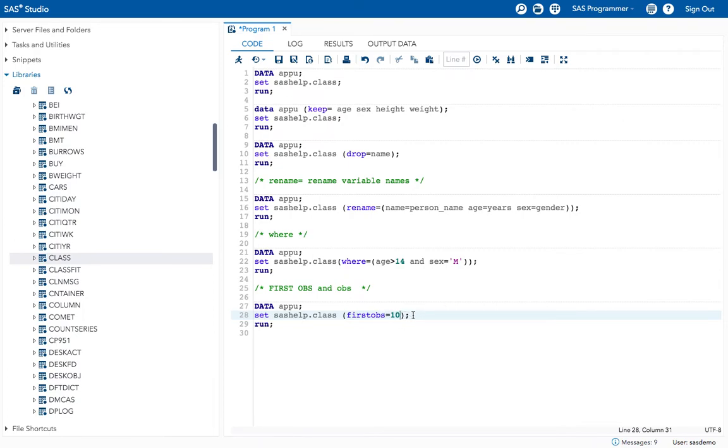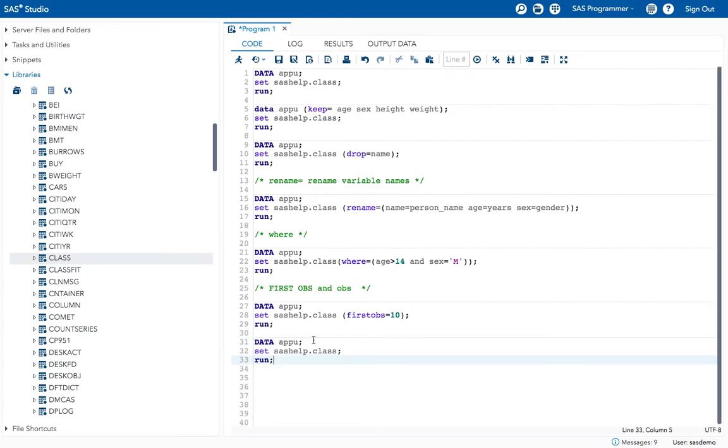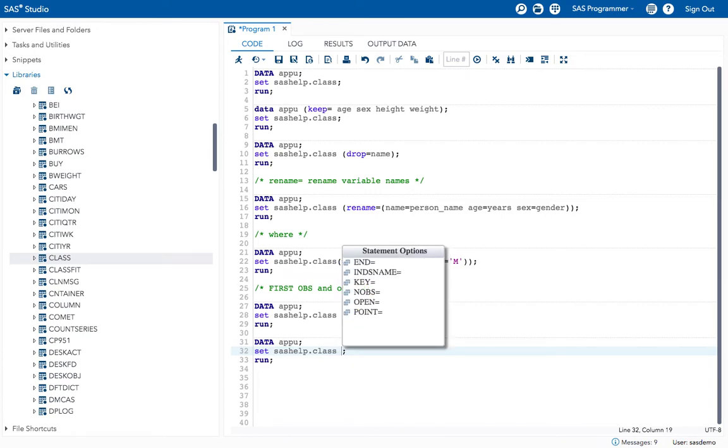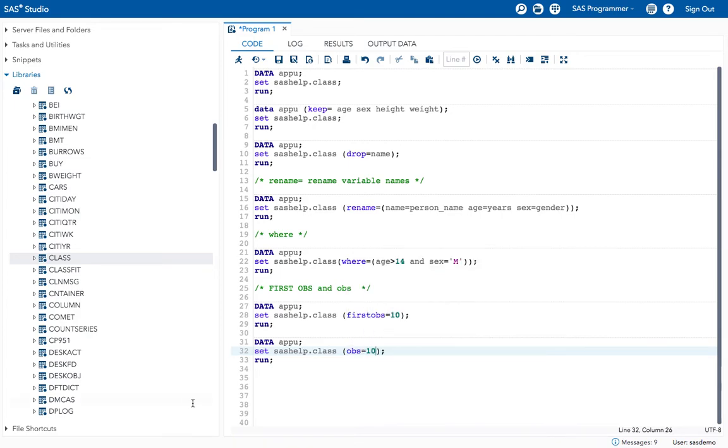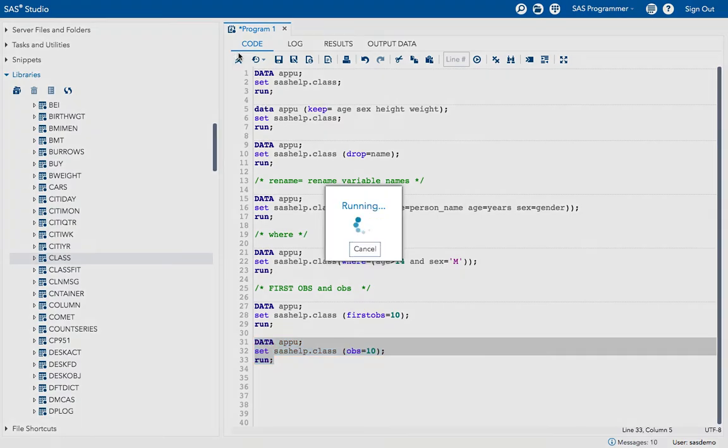So let's see why we use FIRSTOBS. I will give now OBS equal to 10. Okay, now run the program. Let's see what this will do.